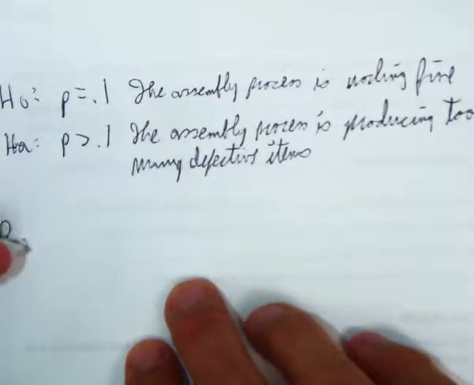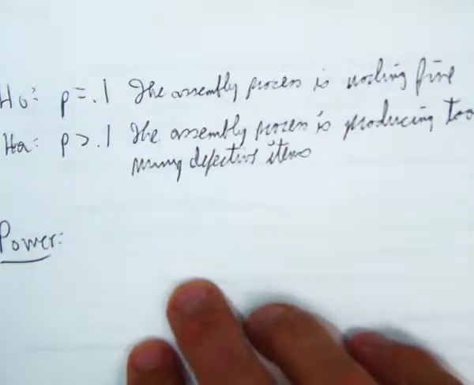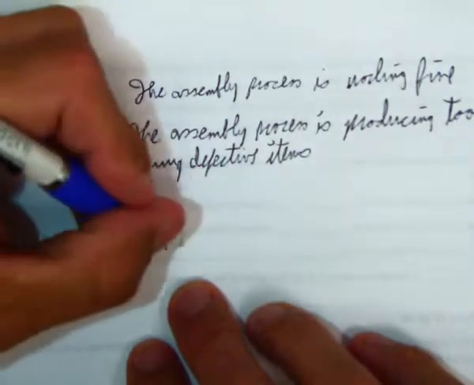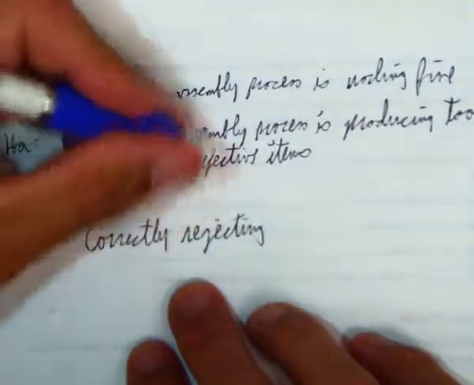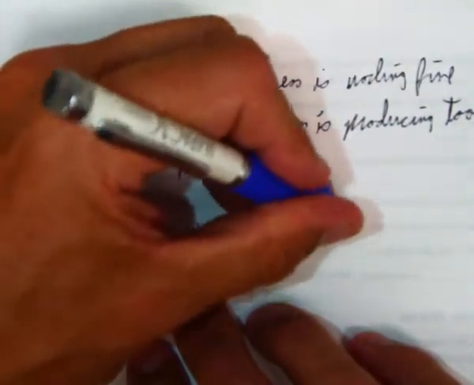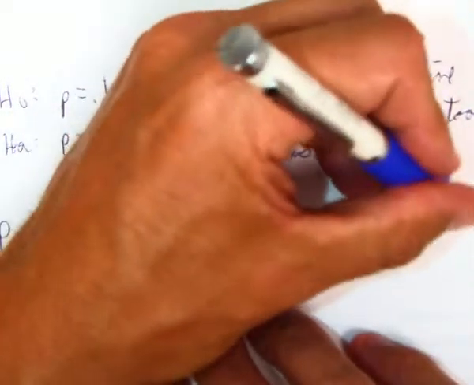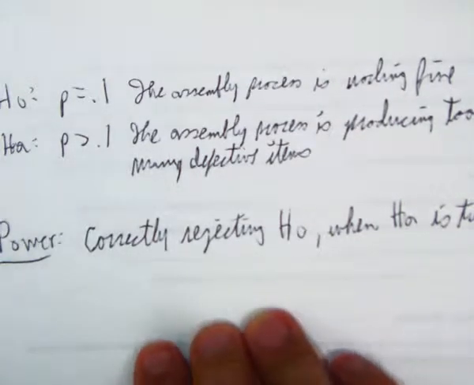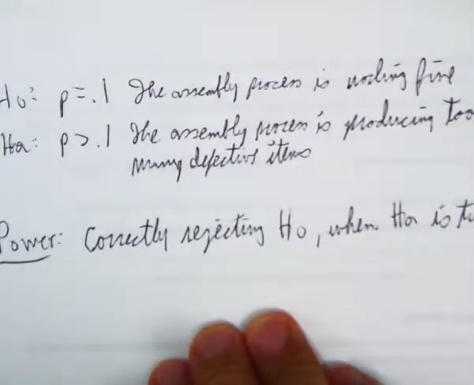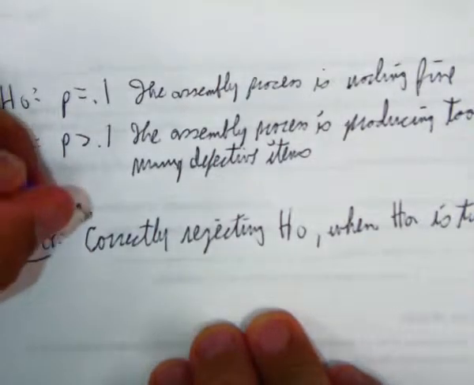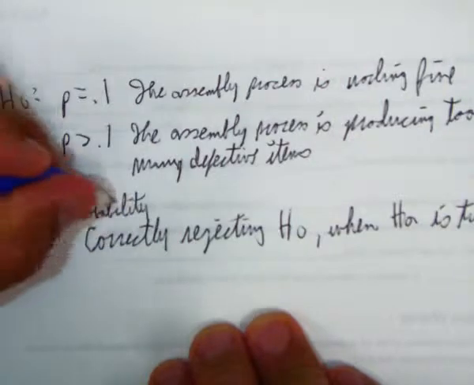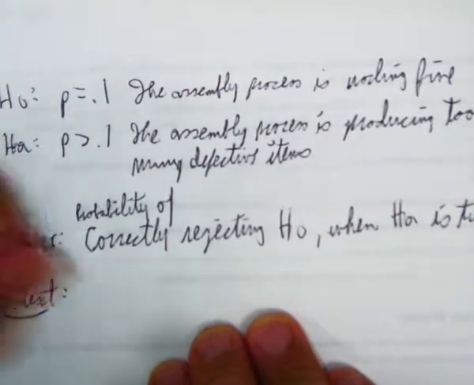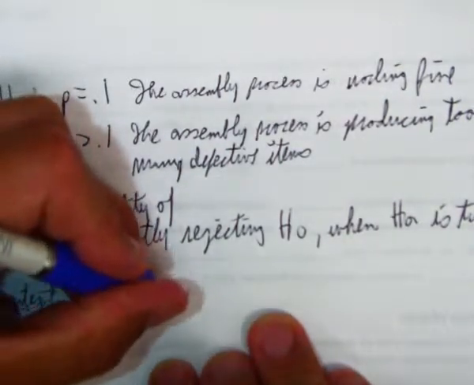All right. So what is power? Well, the definition of power is correctly rejecting H sub 0 when H sub A is true. What does that mean? It means we correctly reject the null when the alternative is true. So what does that mean in context in this problem? It should be the probability of